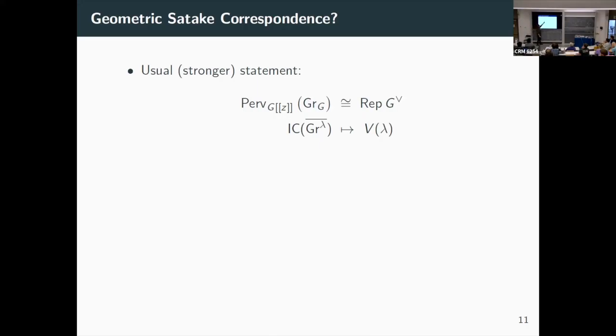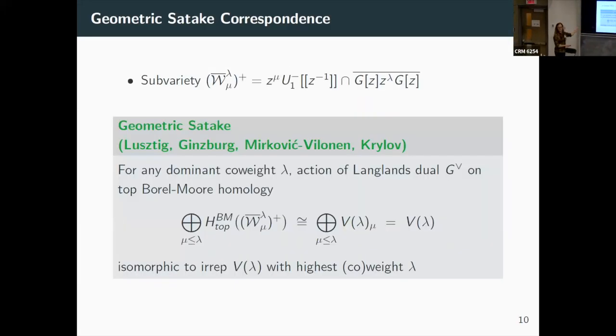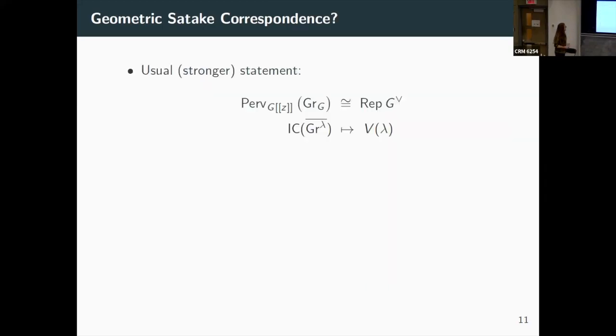You look at G of O, oh, sorry, this would be G single bracket Z, but anyway, G of O equivariant perverse sheaves on Gr G, and that's a tensor category, and that's equivalent to this tensor category of representations. And the precise correspondence is that the IC sheaf of Gr lambda bar goes to V lambda. So this is the usual statement, but it can be used to prove this one. So they're somehow like the same in a way, but